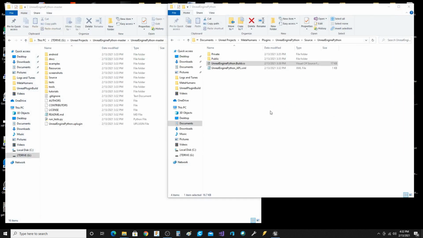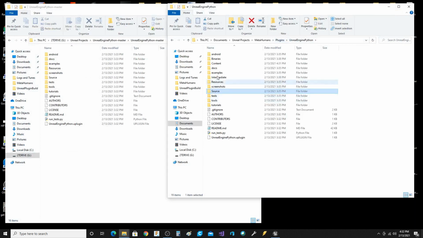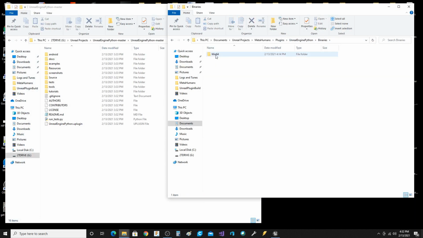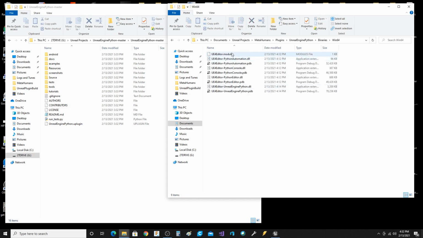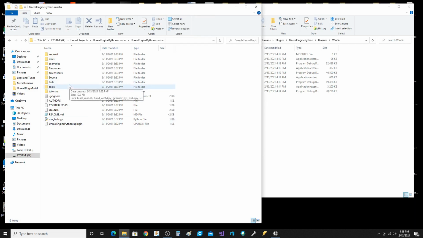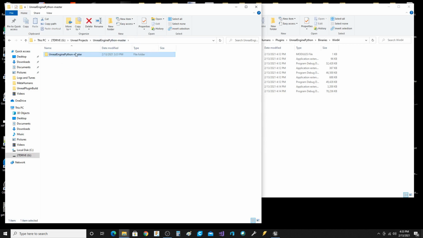Okay, so you've got the build working, you've got the component working, and if you look in binaries, Win64 got created, and you see all these Python modules. These are 4.26 modules. Okay, so that's great. We've got it compiled, but it still won't work because it has to have the embedded Python as well. So what we do is, see, this is the master. It doesn't have that,